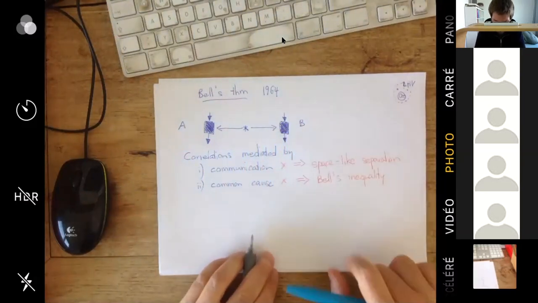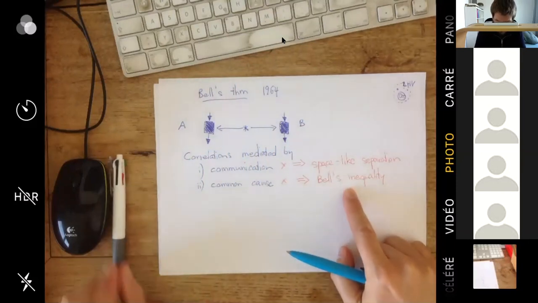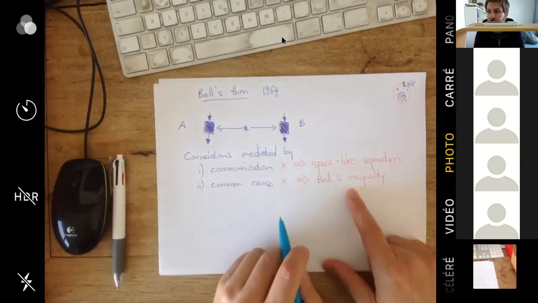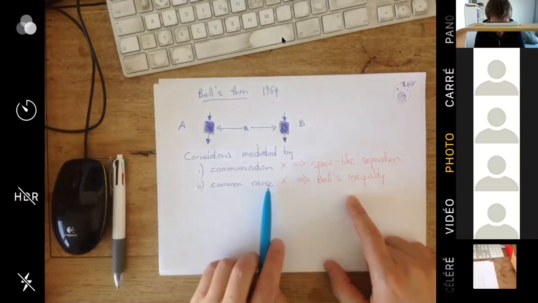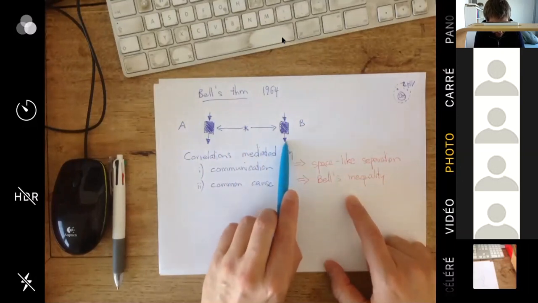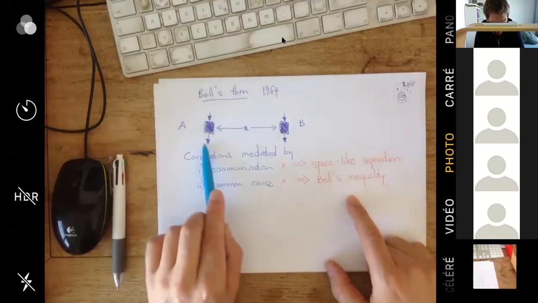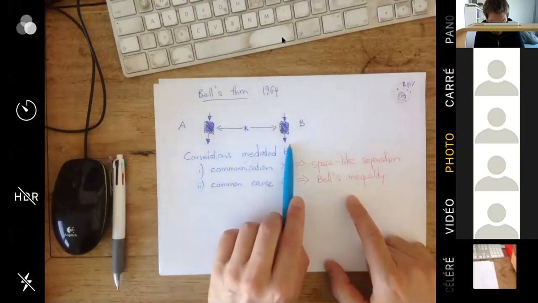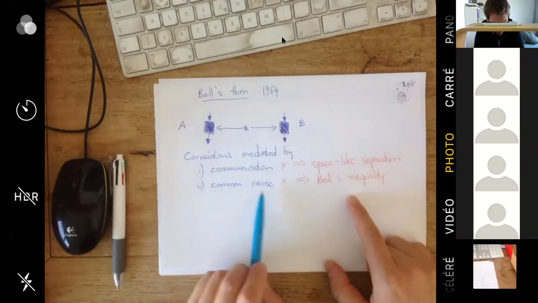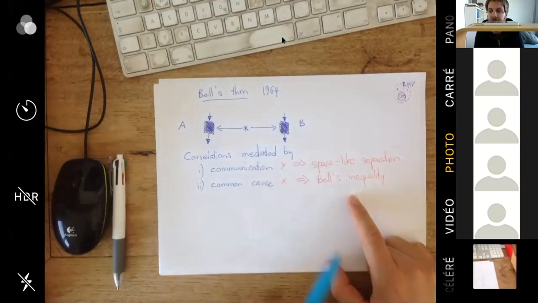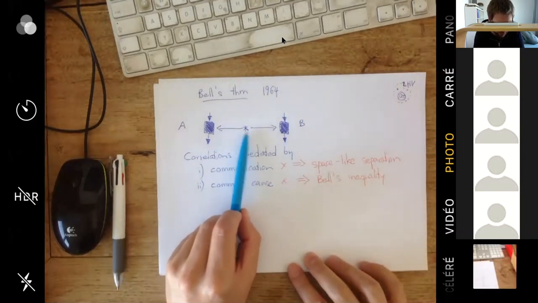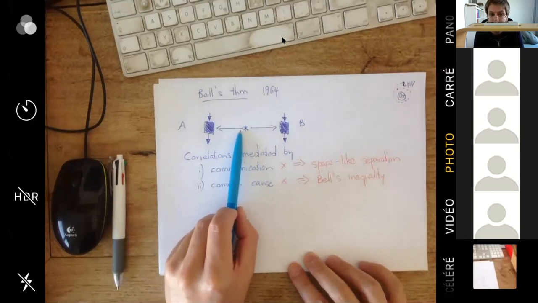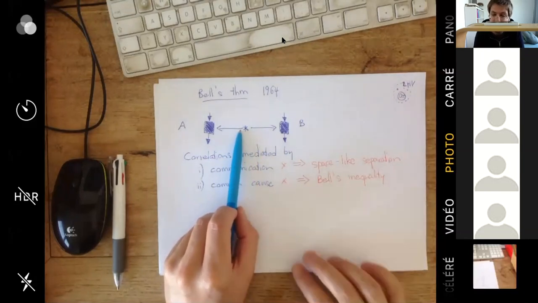Okay, so what is this going to be? Well, it will be a mathematical proof, which is pretty simple, that there is a limit to the strength of correlations that you can observe between A and B whenever these correlations are mediated by a common cause that is given by some local information, okay? So that means that instead of having students here, you imagine having computers or whatever piece of classical information,